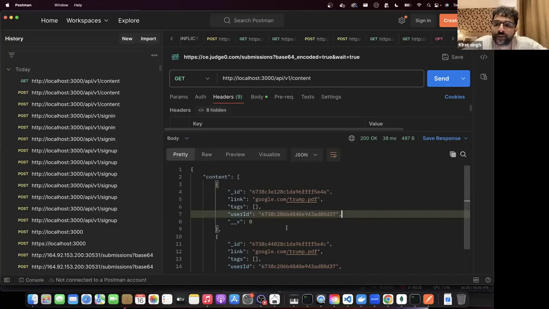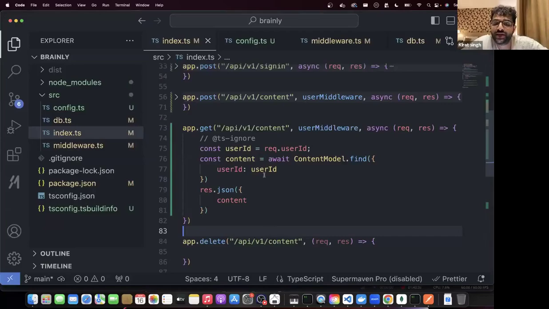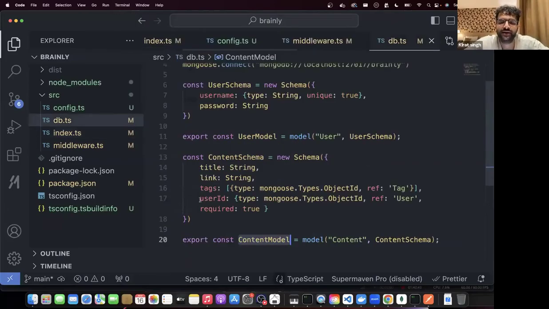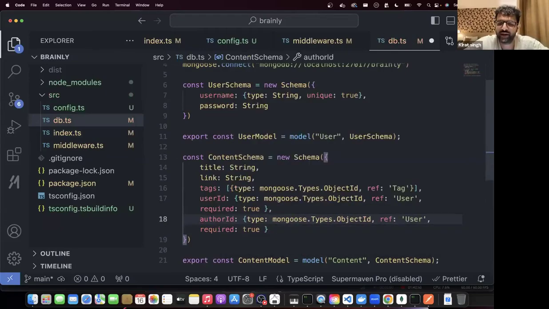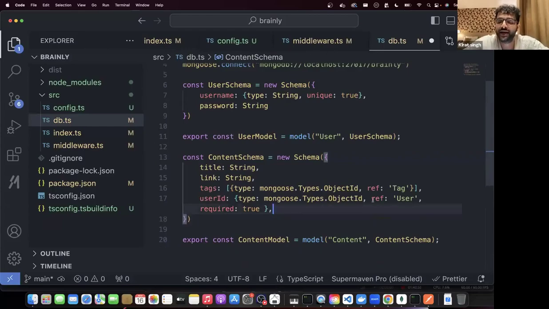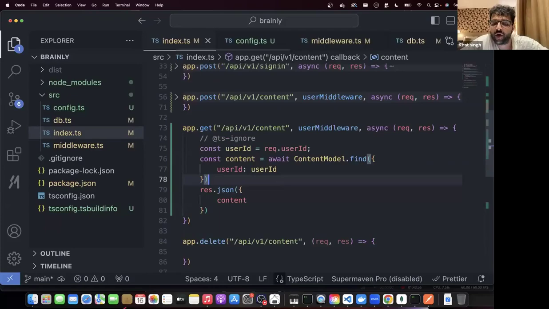So what can I do? Given we know that user ID is a foreign key and author ID is a foreign key, I have clearly mentioned here that user ID is a foreign key. Let's say मैं author ID भी add कर देता हूँ. Something like this. ठीक है? I have clearly said it refers to the user's table. So what I can do is call dot populate